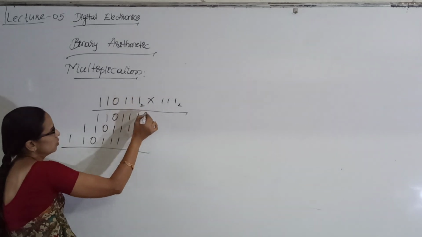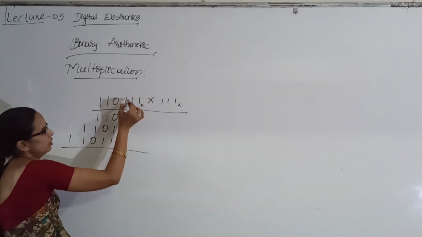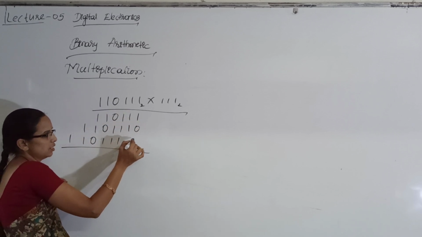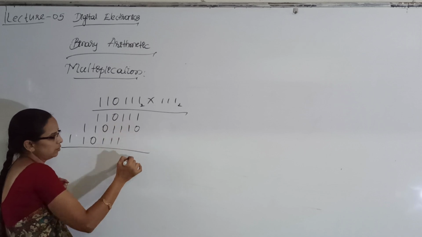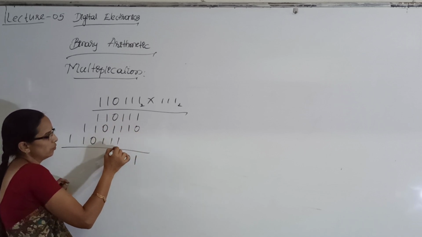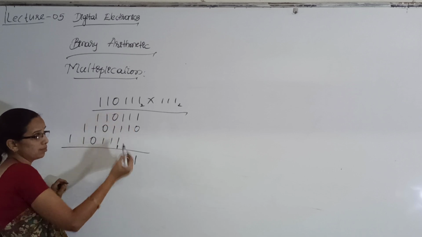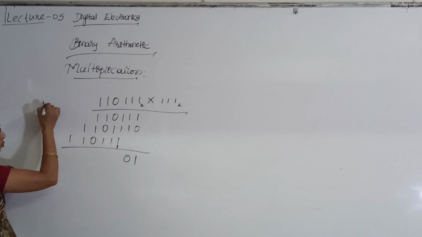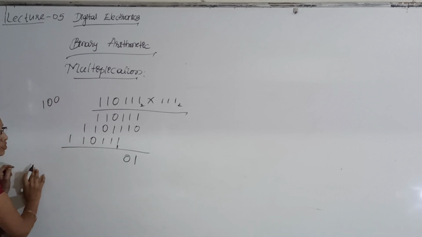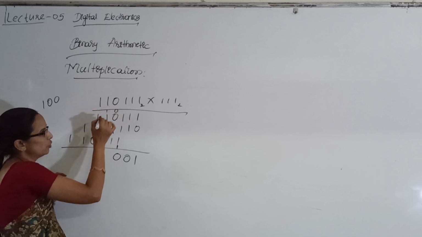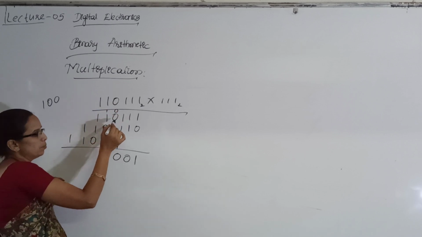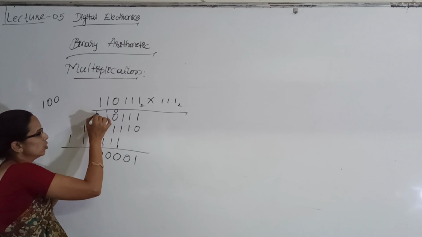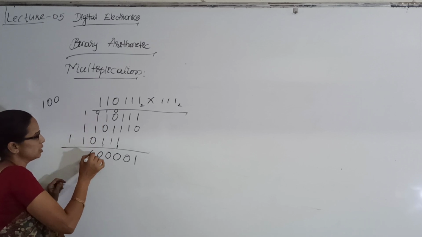That is 1 into 1 into 1 is 1, 1 into 1 is 1, 1 into 1 is 1, 1 into 0. The same thing I have written. 1 here, nothing is there, so it is 0 only. 1 plus 1 is 0 with carry 1, 1 plus 1 plus 1 plus 1 is 100. So you have to put 0 here and 0 and 1 here. So 1 plus 1 is 0, again 1. 1 plus 1 plus 1 is 0. 1 plus 1 is 0.